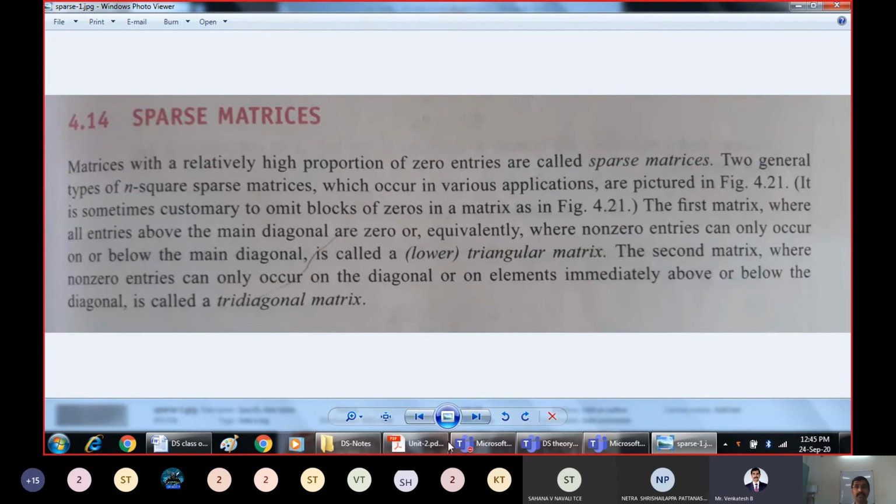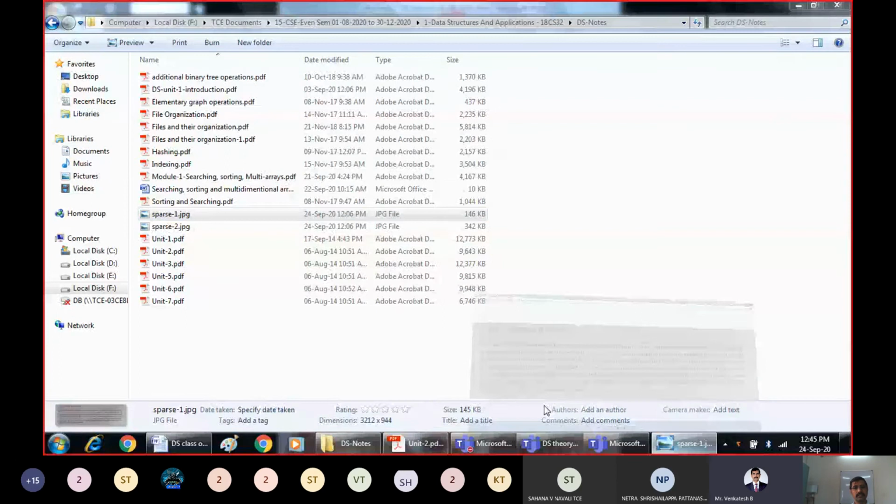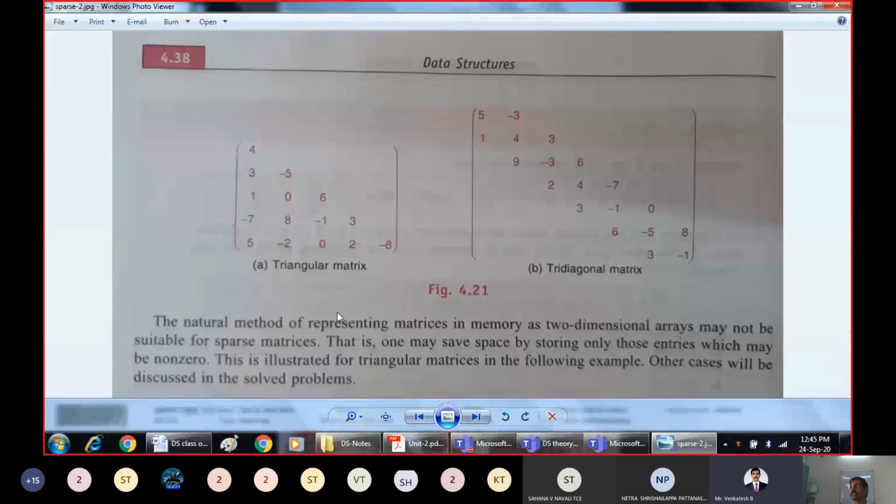That is called a triangular matrix. In this figure, we have this diagonal, and the elements here are not shown. That means they are zeros. All these are zeros. Then it's called a triangular matrix.